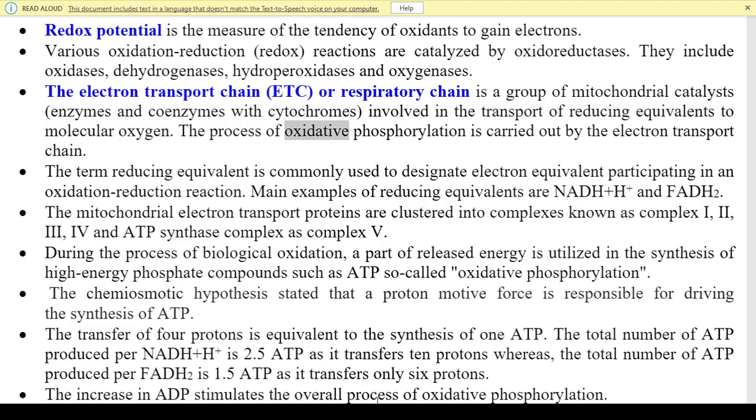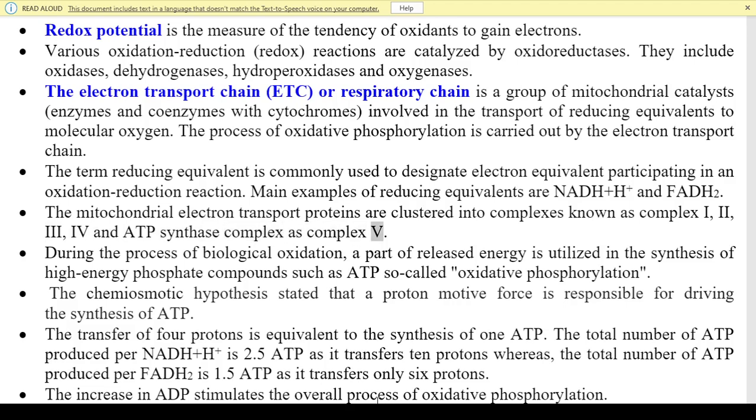The process of oxidative phosphorylation is carried out by the electron transport chain. The term reducing equivalent is commonly used to designate electron equivalent participating in an oxidation-reduction reaction. Main examples of reducing equivalents are NADH plus H plus and FADH2. The mitochondrial electron transport proteins are clustered into complexes known as complex I, II, III, IV and ATP synthase complex